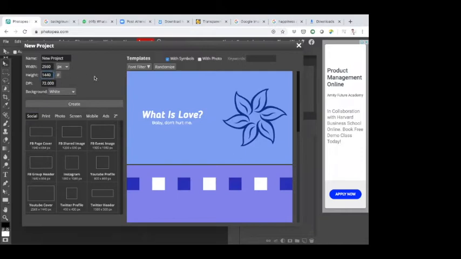And the display DPI is basically dots per inch. That tells you how many pixels there are per inch. The more the DPI, the higher the definition; the lesser the DPI, the lesser the definition. On a standard, we put 100 to 300. If you put 300, the document size would be too huge, and the Photoshop file would be too huge. So I'll just keep 100 for now, and then I'll click on create.